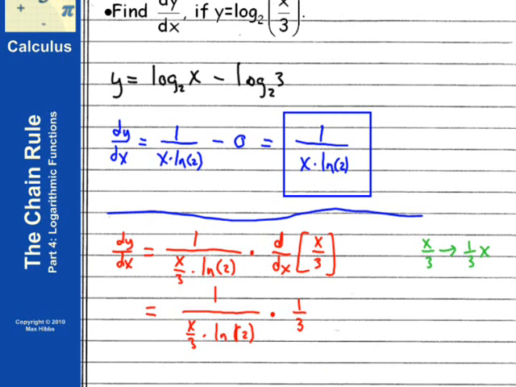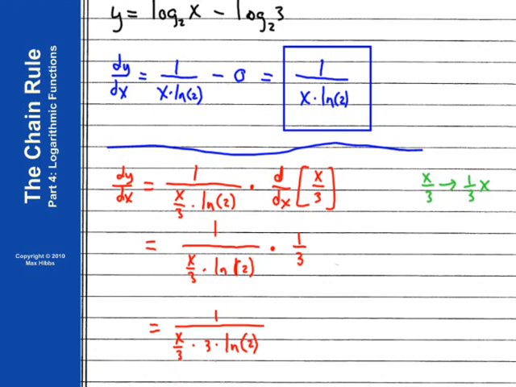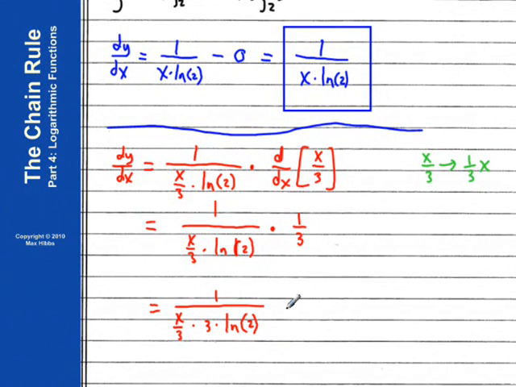Now that actually helps us a lot rather than having to deal with this fraction in the denominator, which we might have to reciprocate. Notice in the denominator now, we have a numerator of 1, since we have 1 times 1, and we have this factor, and this factor. Well, let's rewrite it a little bit, and we're going to have the factor x over 3 times the factor 3 times the factor natural log of 2. And then clearly you see that our x over 3 times 3 is going to end up being simply x. So here we get x times the natural log of 2,